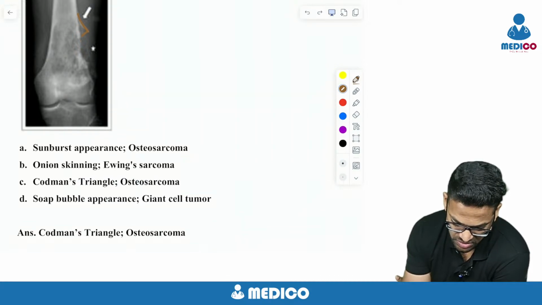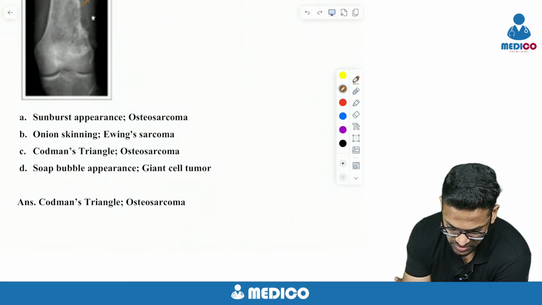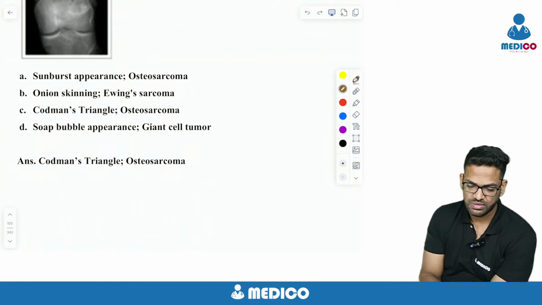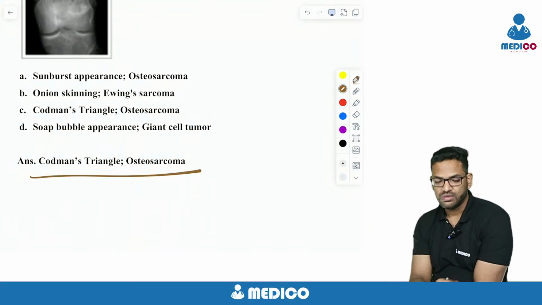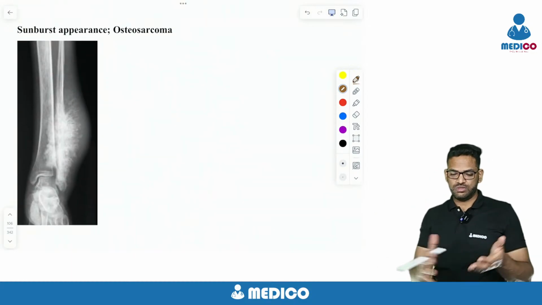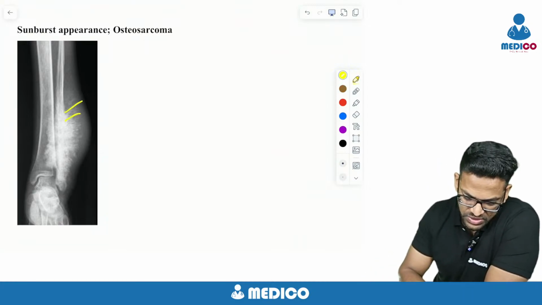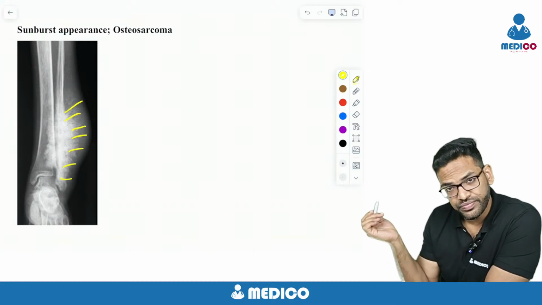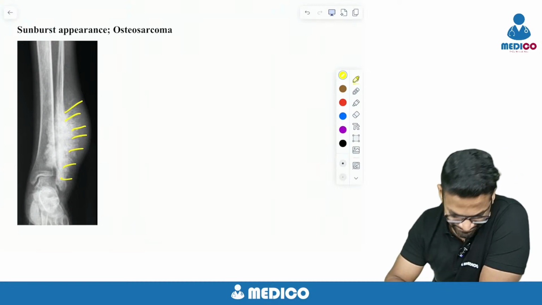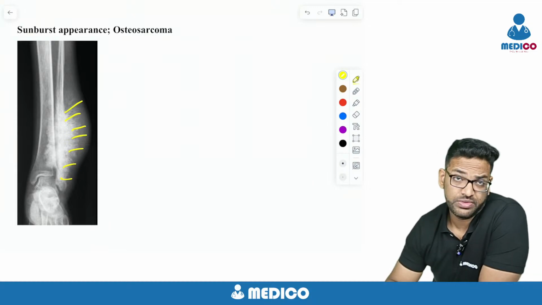So it is not onion skinning, it is not sunburst. It looks like a Codman's triangle, so the correct answer is Codman's triangle, osteosarcoma. Now I'll go through the options once. If you want a typical osteosarcoma, this is the one. Why do I say that? I'll just draw some sunburst. See, sunburst periosteal reaction. I don't know if you can appreciate a Codman's triangle in this, but there's a sunburst appearance in